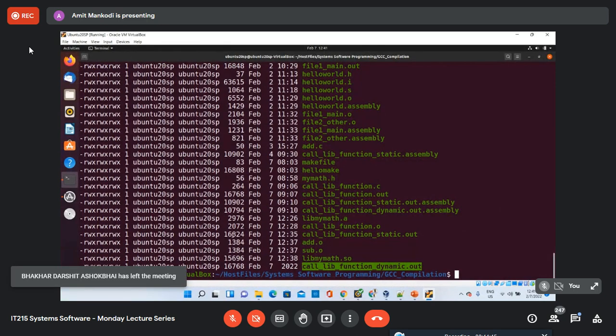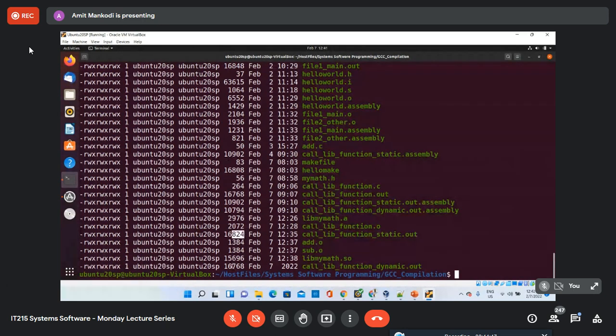Okay, and yes, the size difference is not that much, because our function is small, right? It's only a one line function. If you had larger functions, which do a lot of things, then obviously the gap will increase. The size will vary much greater, right? So the point is that this one has the code in it, this one doesn't have the code in it.